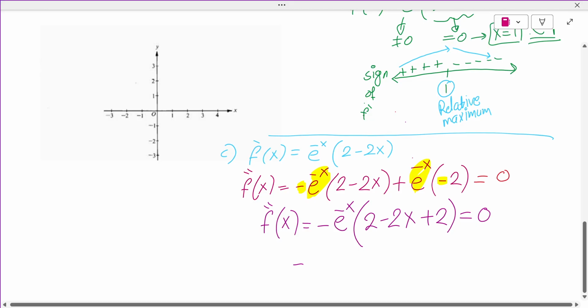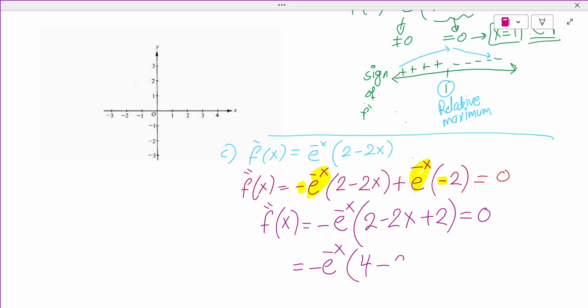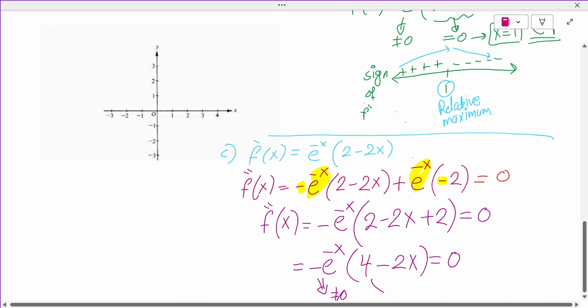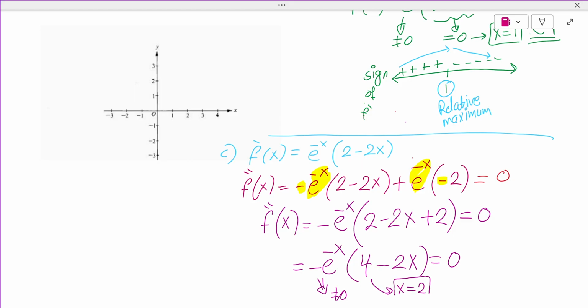So this is minus e to the power of minus x times (2 plus 2, which is 4, minus 2x) equals 0. This one is never 0, right? And the bracket can be 0. That means x equals 2. So after finding x equals 2, we will check the sign of